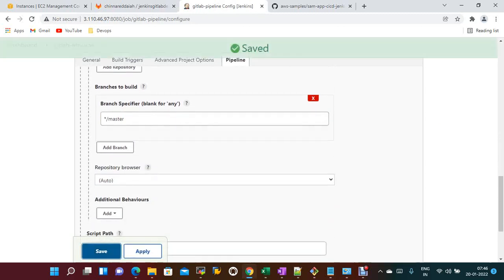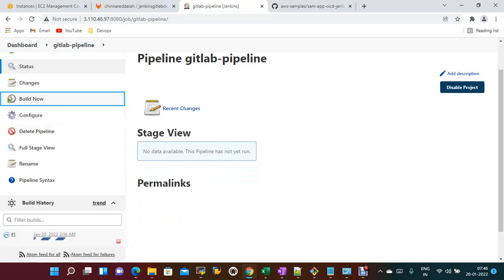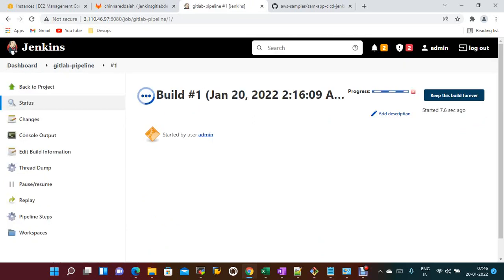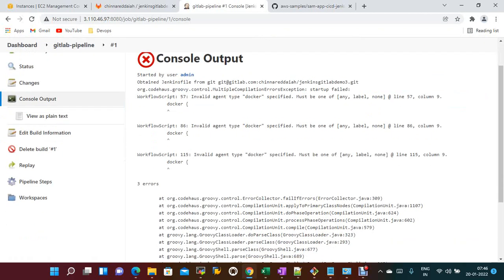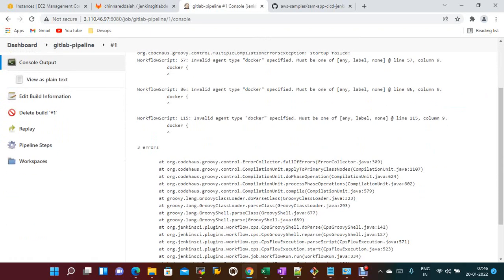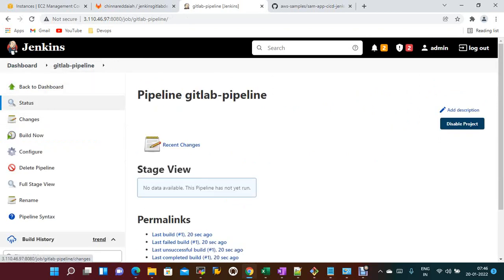Okay. Now apply and save. Build now. If you have Jenkins file, it should be able to trigger. Should be able to clone the code. You can able to clone the code, but some issues with the code in the Docker file. So that's why we are getting the issue. Okay, this is the way we can integrate GitLab with